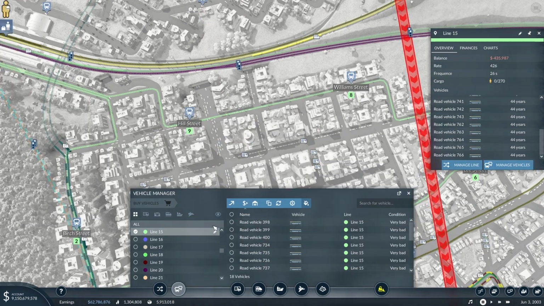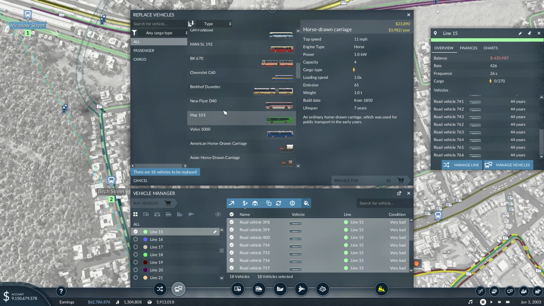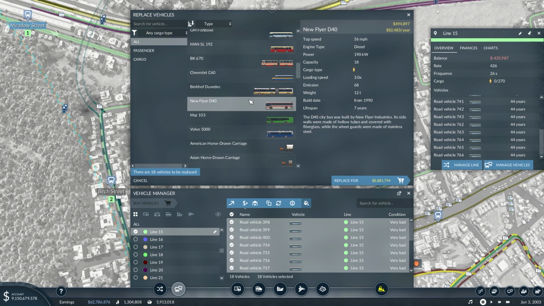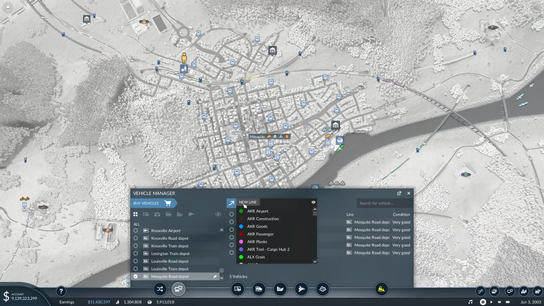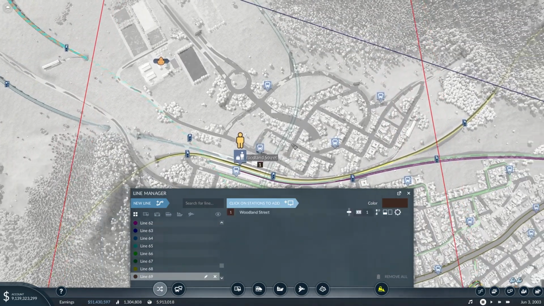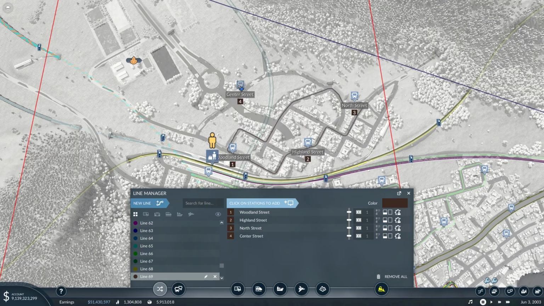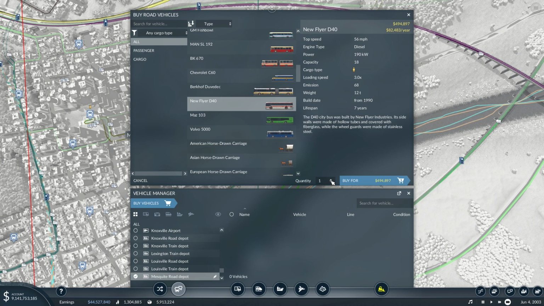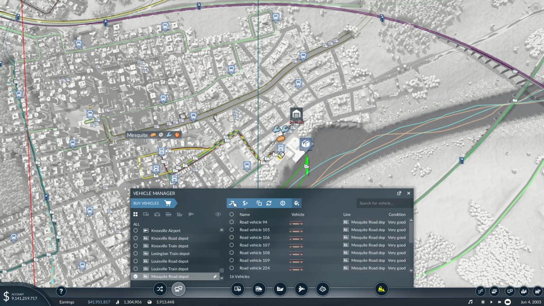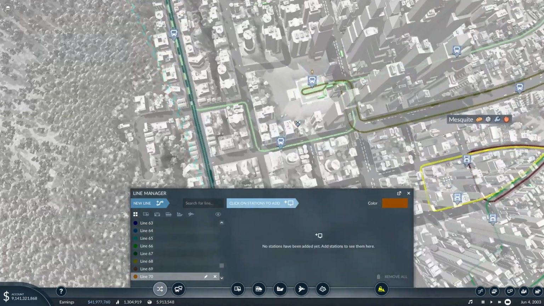We will, of course, come in and replace these buses with something a little newer. I think we'll roll with these buses here. They're a little bit cheaper. Next, we'll grab a few more buses. We probably only need 5 for this one, but the line up here, this short little loop, that can hold some buses. And then lastly, for our biggest loop around the city, we'll grab 16 buses and start here at